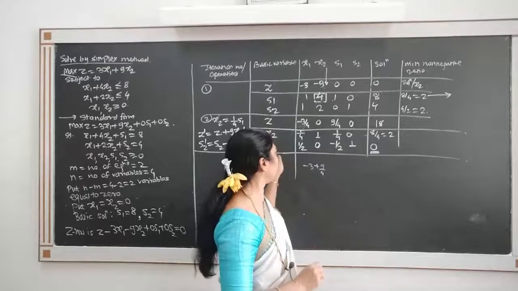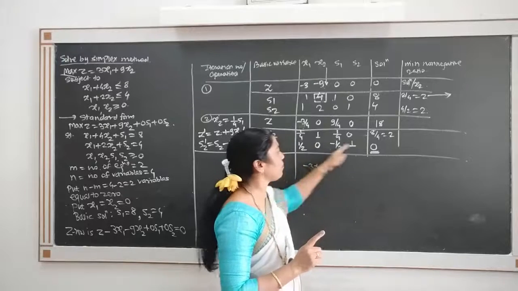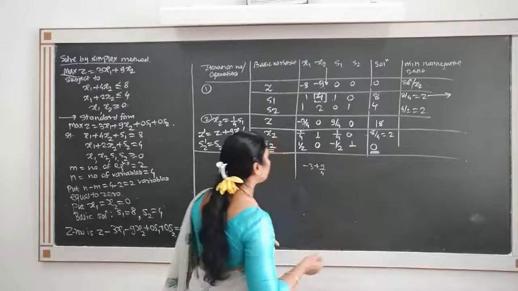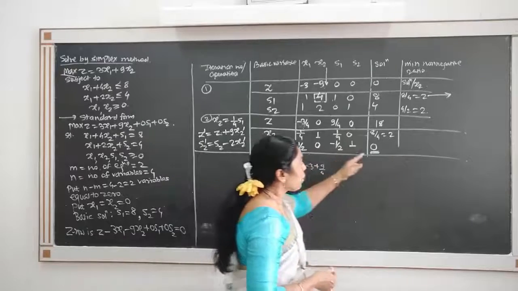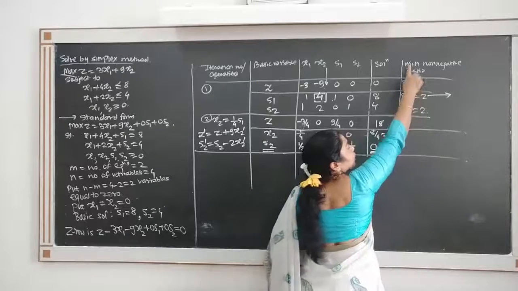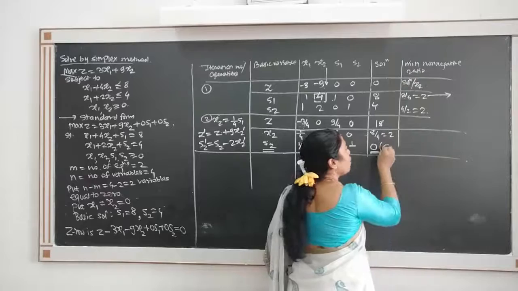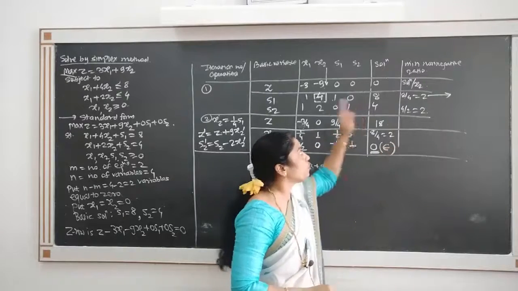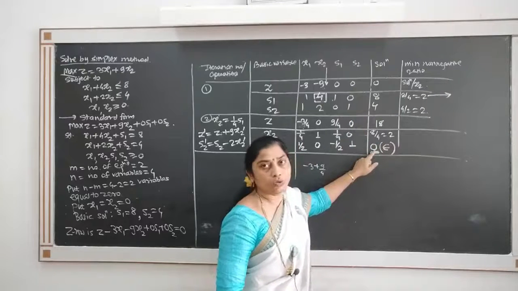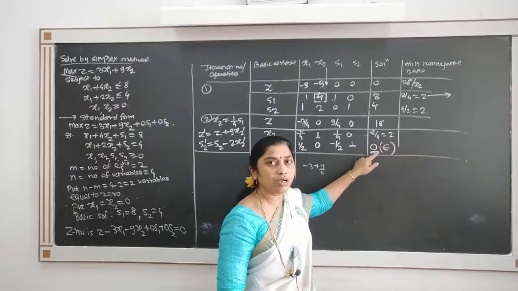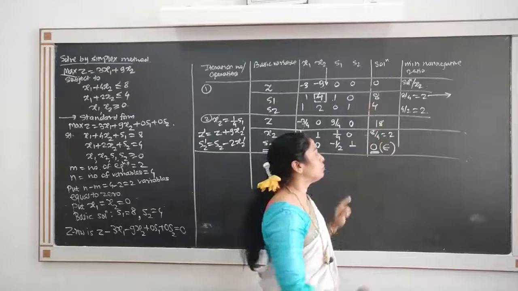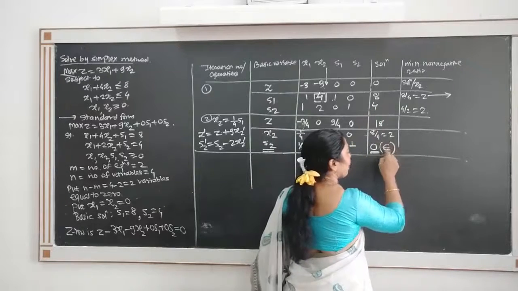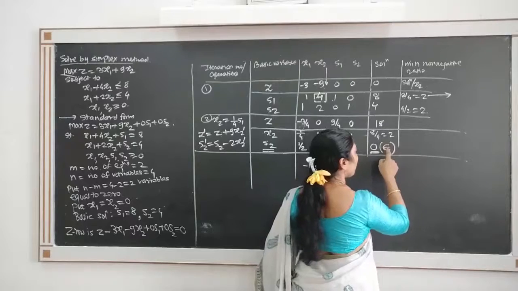So solution is degenerate whenever one of the basic variable comes to be with 0 value. Because this solution is 0 and we require minimum non-negative ratio, we assume this to be a very small value, epsilon. So whenever in the solution column we get 0 value, we assume it to be epsilon, saying that epsilon is a very small positive value, and therefore this is to be 0, that is epsilon.